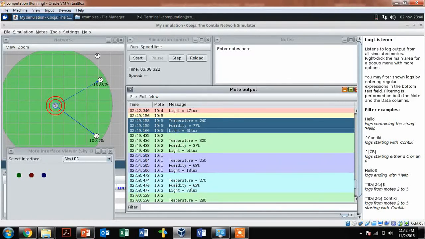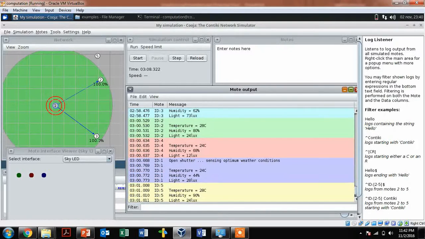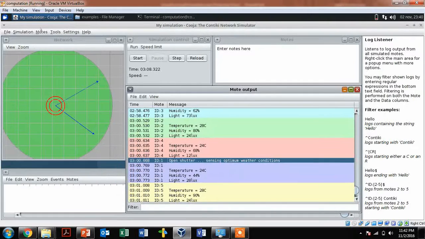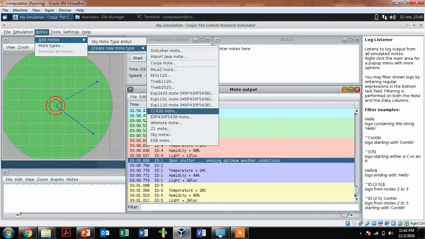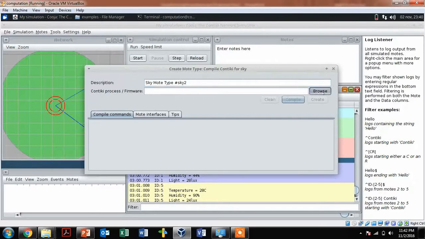So since all of the modes sense its optimum condition, it sends a message to the central mode, and the central mode prints saying that the shutter is open again. Now let's simulate our application 2, smart farming application 2,